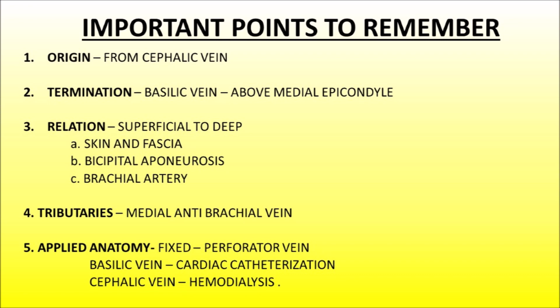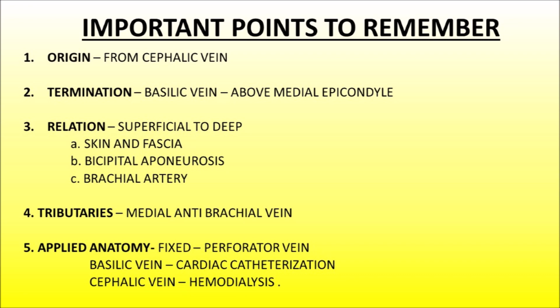The most important point to remember is that sometimes the upper end of the median vein of the forearm bifurcates into median cephalic and median basilic vein, which join the cephalic and the basilic vein respectively. In this situation, the median cubital vein is absent. So, the most common patterns seen in the front of the elbow are the H-shaped pattern and the M-shaped pattern. In the H-shaped pattern, the median cubital vein is present, whereas in the M-shaped pattern, the median vein bifurcates into median cephalic and the median basilic vein.